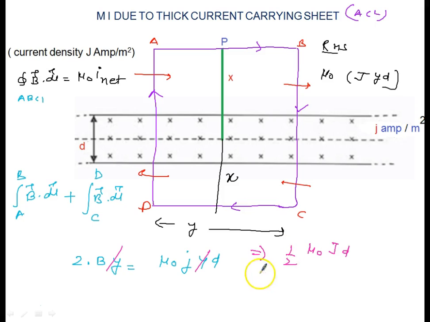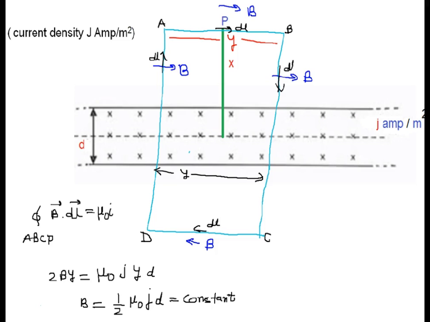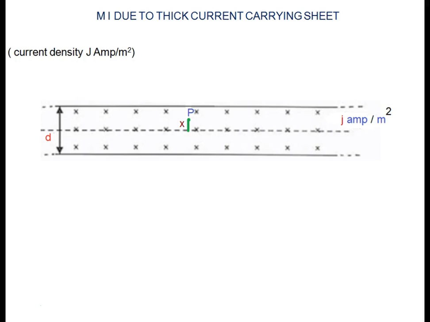So let me show on the next slide. I hope it is clear. Now there is a point which is inside. Again you want the Amperian loop, so again I am drawing the Amperian loop. And now we are clear, it should be a rectangle. Any point P. Now I write it A, B, C, and D. I am moving from A to B, B to C, C to D, and D to A in this way.